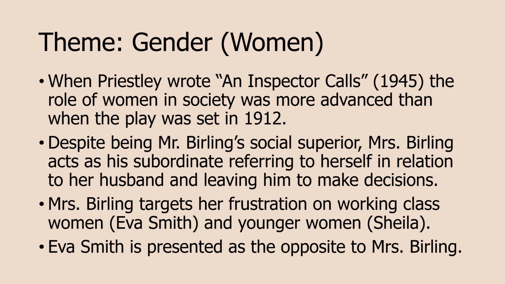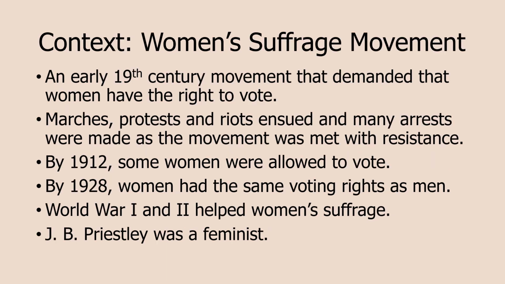If you want to get really deep into it and really technical, you might look at Sheila as maybe sort of a bridge between Mrs. Birling and Eva Smith. She sort of transitions from being that passive, traditional, conservative woman at the start of the play who's going to marry Gerald and is going to listen to her father, and she becomes more of an outspoken, socialist, morally right, almost Eva Smith-like character, the inspector-like character by the end of the play. So she undergoes a real womanly transformation, and that might be reflective of what I'll be talking about in the next section, which is the context.